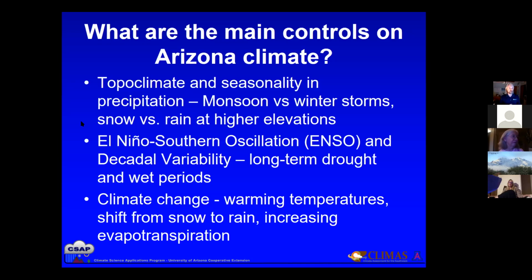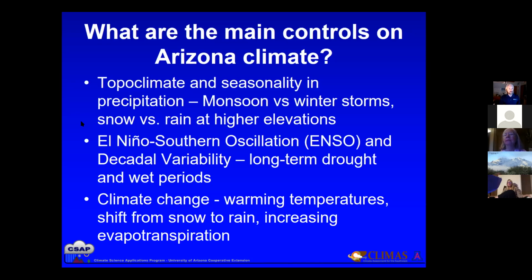But it also is occurring in an environment with a lot of evapotranspiration. So the water balance isn't quite the same. Okay, so that's kind of the topoclimate and seasonality aspect. Then we also have El Nino southern oscillations, so over longer periods of time, and decadal variability, and we'll talk a little bit about this, is the variability that we'll see on the order of decades, long-term drought and wet